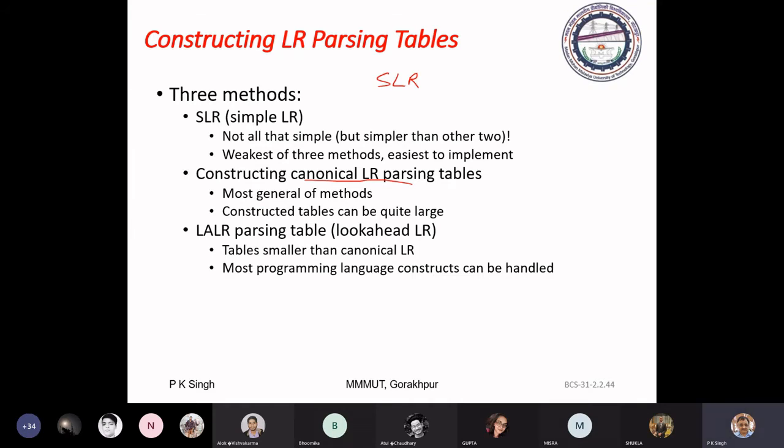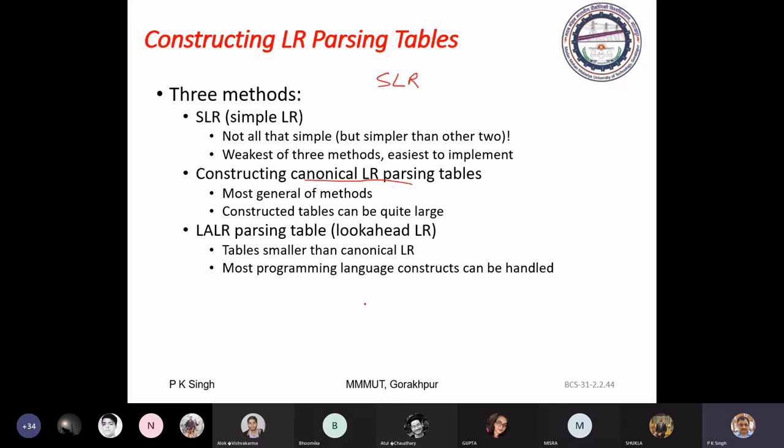If a grammar is LR grammar, then it will find the table without any ambiguity. What do you mean by ambiguity? Ambiguity means in the table we get a position, an action, where we are not able to decide which action should be taken.